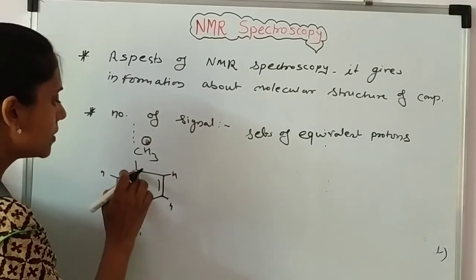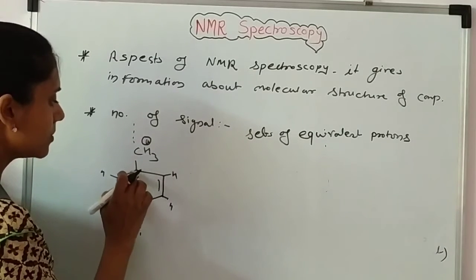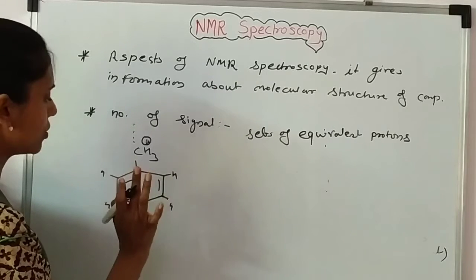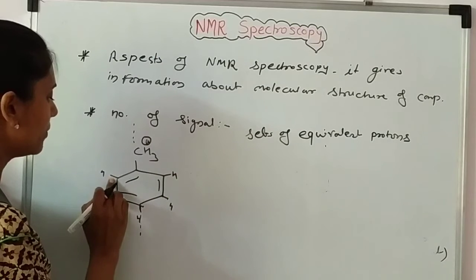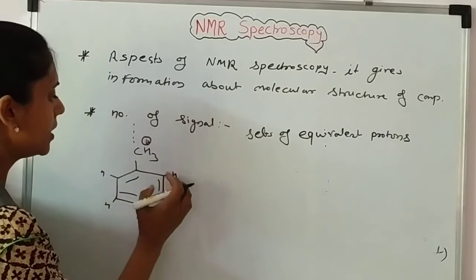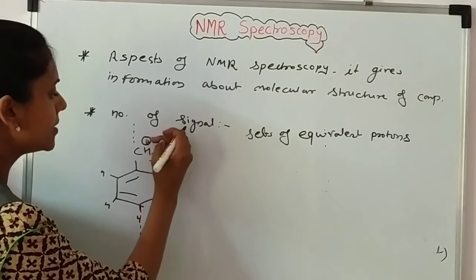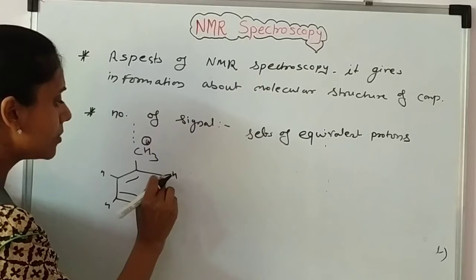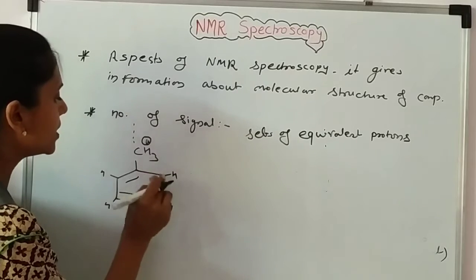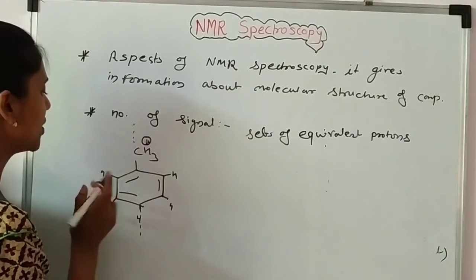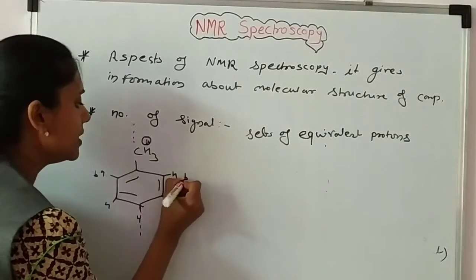Now this carbon atom is attached to 4 different groups. That means there is no hydrogen or proton. Now we go here. There is one proton with the same environment. On this side there is a CH3 group, or this proton is attached to that aromatic carbon atom which is attached to that atom. It has a CH3 group. So it is B.